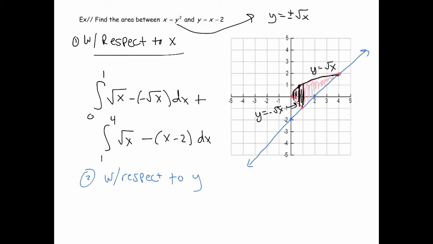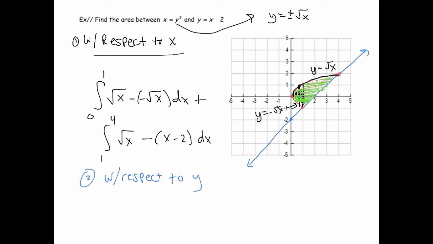And the quote-unquote top function is actually the one to the right, and the bottom function is the one to the left. So I'm going to indicate that with a green line, I guess. If you just think of this green line swooping through and getting all the area,